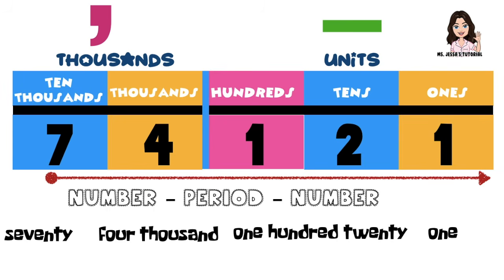That's correct! After the word thousand. How about the hyphen? Let's look at the tens and ones number at the thousands period. So since we have 7 10,000s and 4,000s, we have 74. So since 74 is two words, we will write hyphen between them. Then the last number is 21. So since 21 is two words, we will write hyphen between them. So that is the correct way in reading